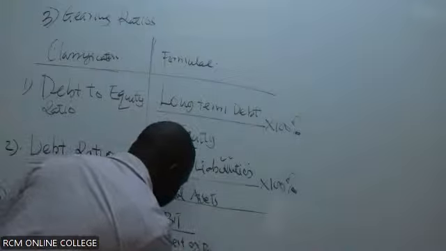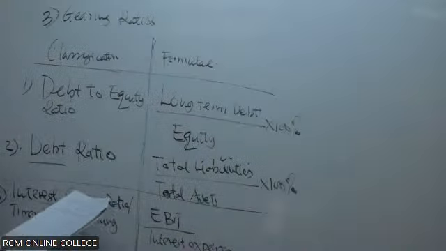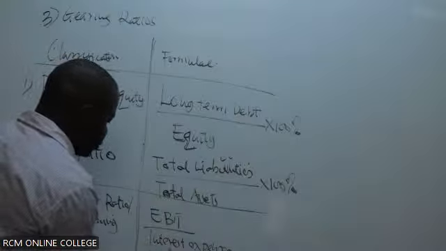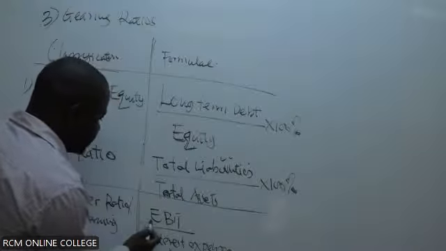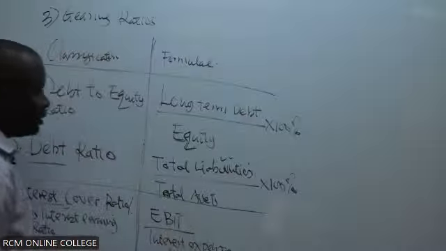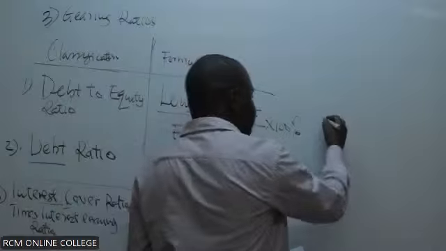You divide by the interest expenses. So this one you don't multiply by 100%. So we're just trying to find out the interest you are having to pay when you borrow. How many times is it going into the earnings before interest and tax? Remember, in this case, if you are doing your computation here, it means that in your